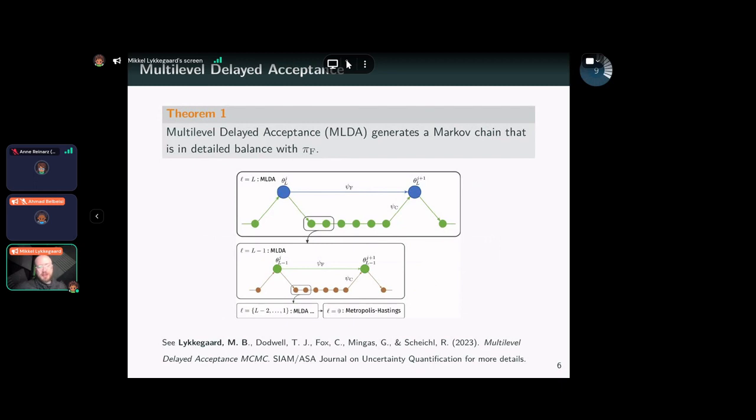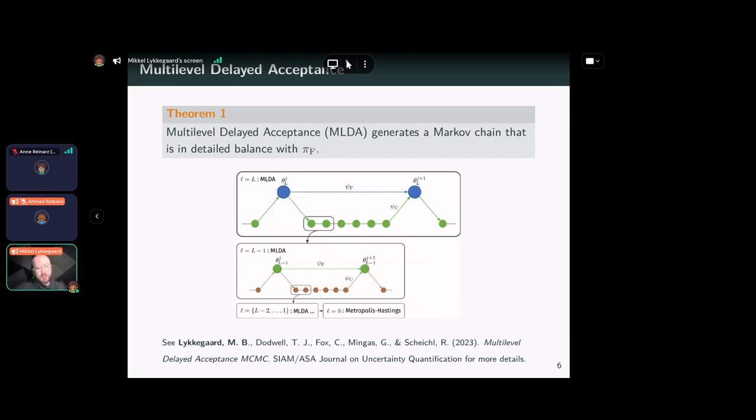The full multi-level delayed acceptance just consists of doing that recursively. So you can have any number of modeling levels, from 0 to big L. Every time you want to take a step on a level, you run a small chain on the level below.